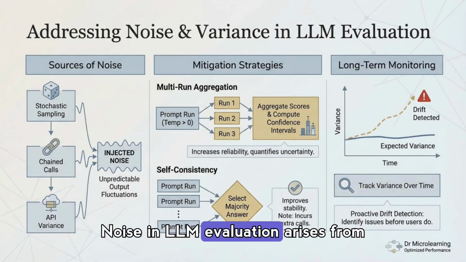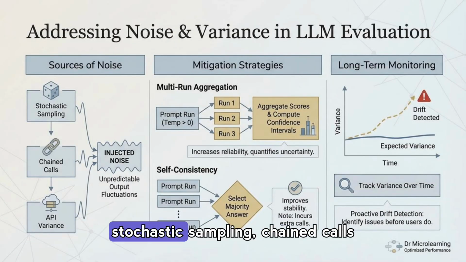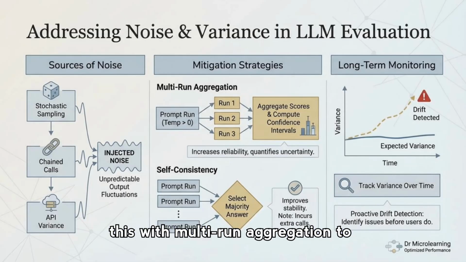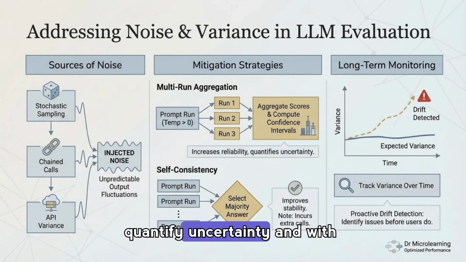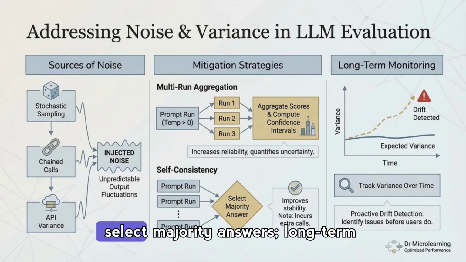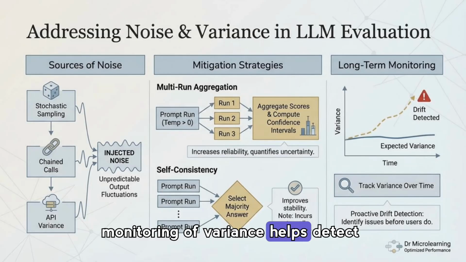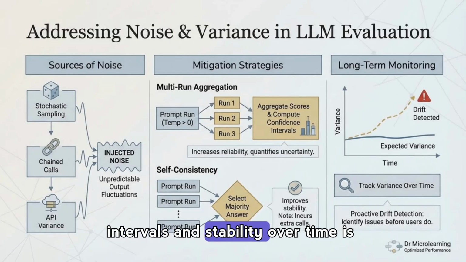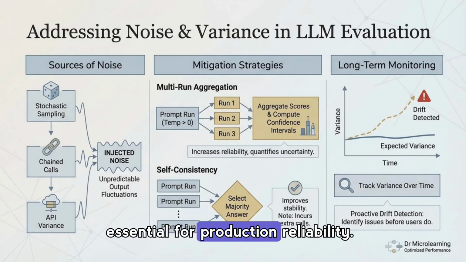Noise in LLM evaluation arises from stochastic sampling, chained calls, and API variance, and we mitigate this with multi-run aggregation to quantify uncertainty and with self-consistency techniques that select majority answers. Long-term monitoring of variance helps detect drift early, so tracking confidence intervals and stability over time is essential for production